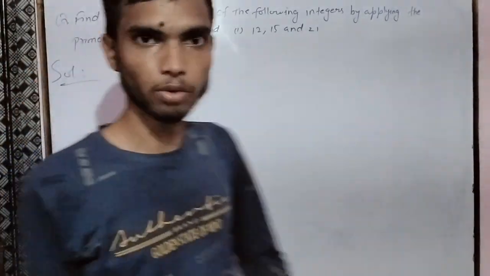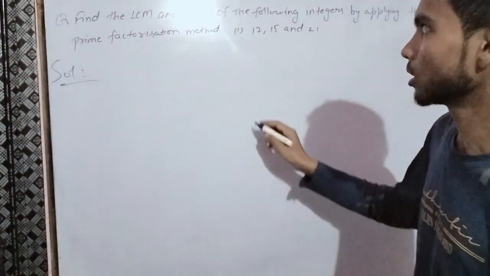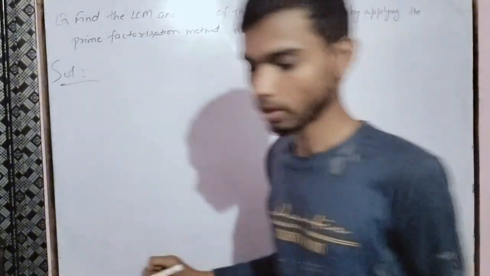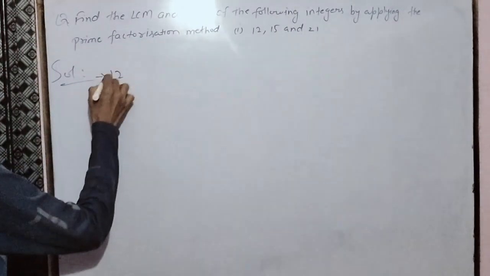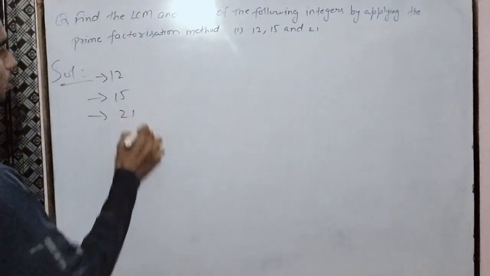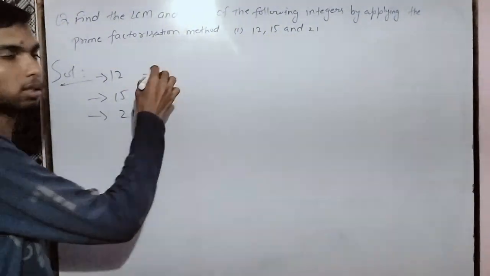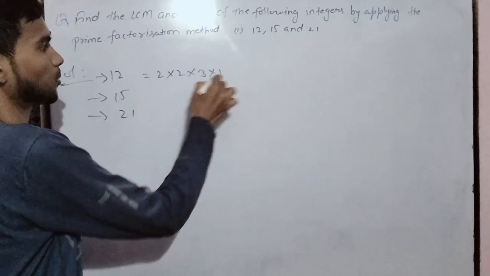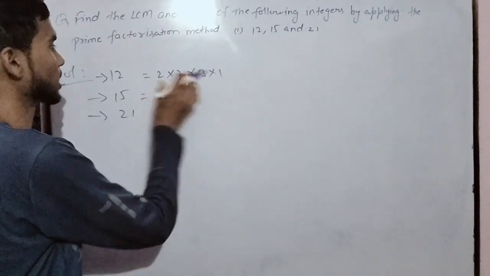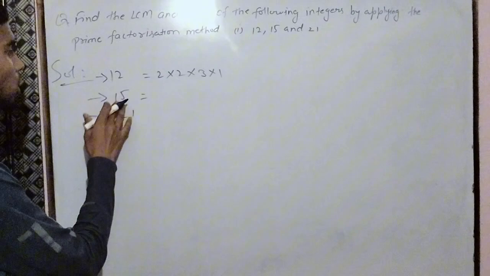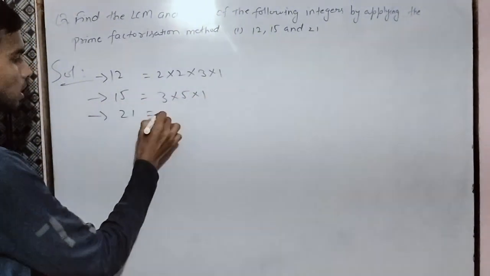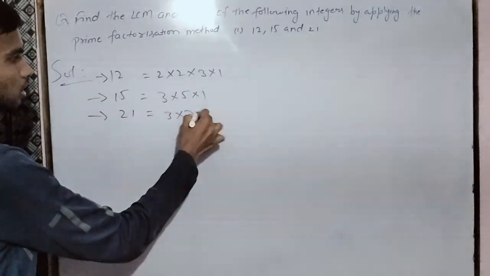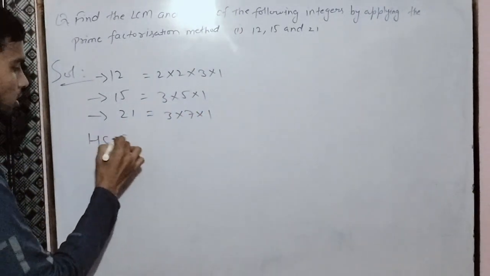It is written, and we will do the same as we were doing in the previous one. So here we have 3 integers. So the first is 12, the second is 15, and the third is 21. So can we write 2 multiplied by 2 multiplied by 3, 2 to the 4, 4 to the 12. This is the exact factorization of 12. Now 15. So it will be 3 5s are 15. And 3 7s are 21. Now how to find the HCF? Just we will take